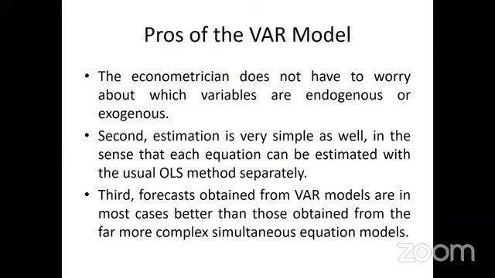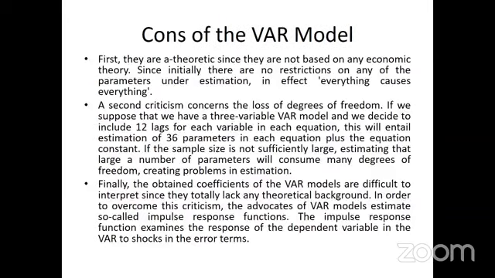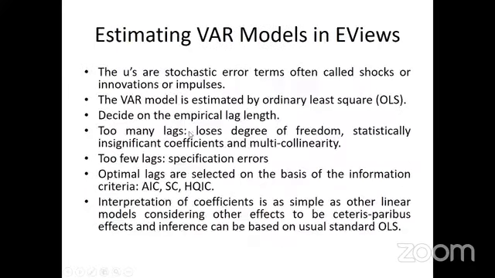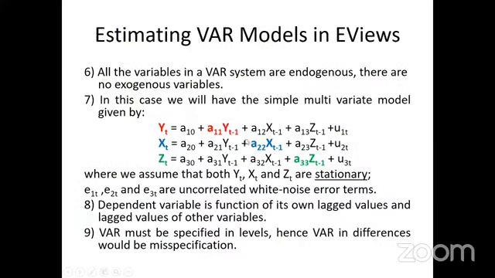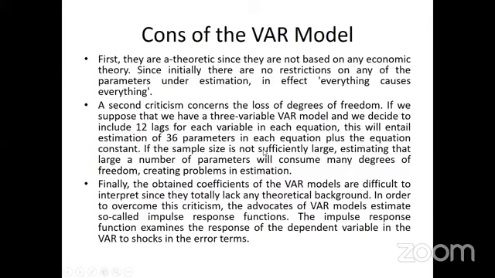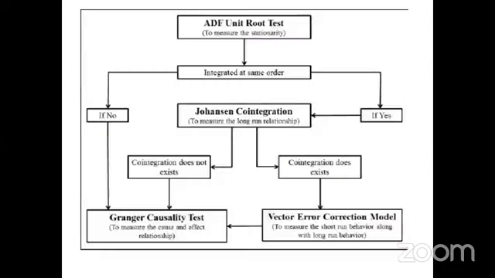The cons is that it is an atheoretical model. An atheoretical model means it is not supported by any other model. Another problem is that if I say 2 lags are to be taken for each and everything, see how much the model will expand. If I say 3 lags are to be taken, the model goes on expanding like anything. The bigger the model, the more over-parameterized it becomes, and it will not give me a good result, right? This we have already seen.